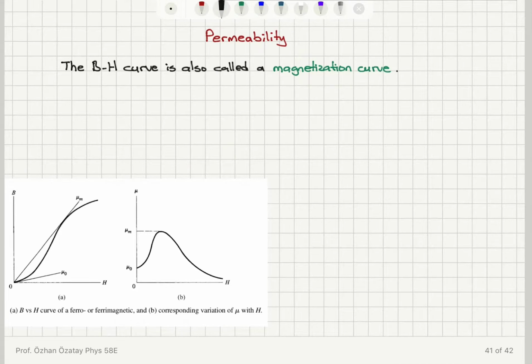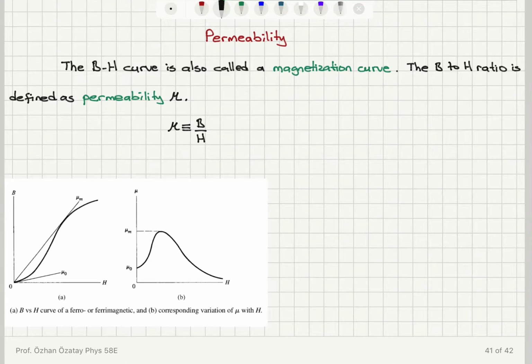And the ratio, magnetic induction to magnetic field ratio, is defined as permeability. And we show permeability with the symbol mu. So permeability, which is defined as the ratio of magnetic induction to magnetic field H, is going to be in CGS EMU